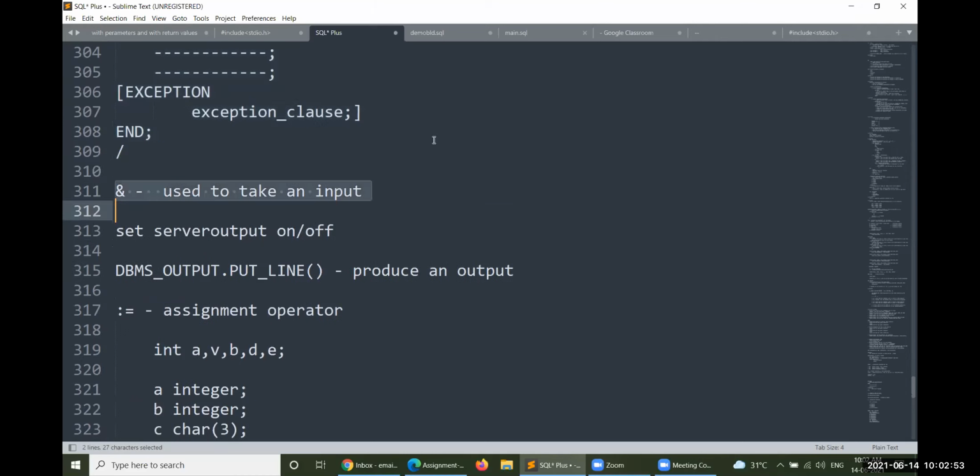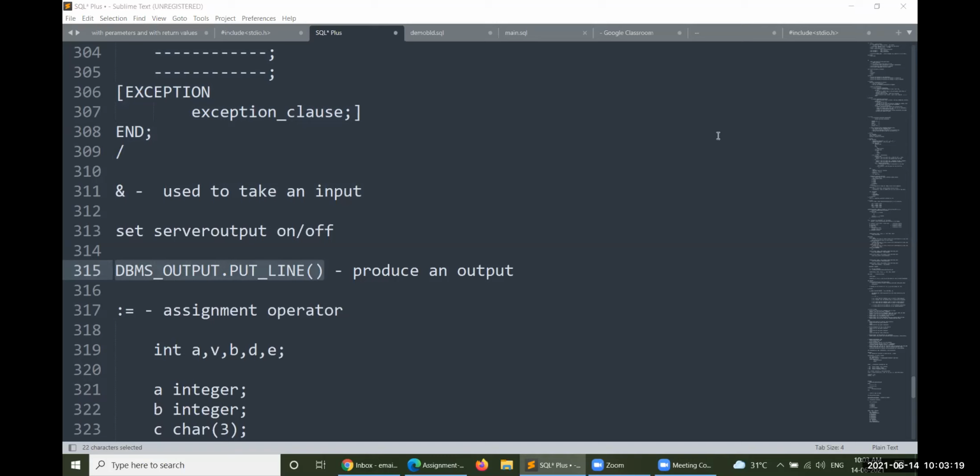Ampersand can be used to take input from the user. And you can produce output by using this particular function, DBMS_OUTPUT.PUT_LINE. That is the specific function which is used to take output from